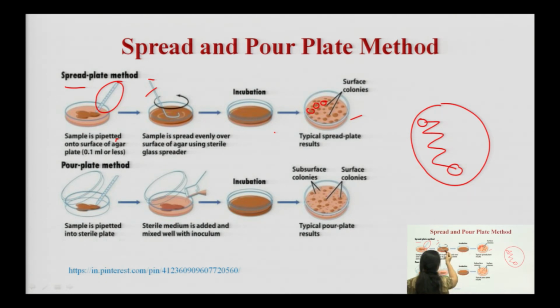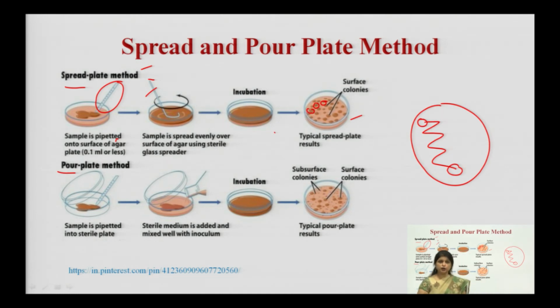Similarly, this is the spread plate; we have covered the streaking technique. Second, I told you about the spread plate technique. Next comes the pour plate. Now, what is the difference between spread plate, streak plate, and pour plate? In streak plate we do the streaking for isolation, in spread plate we spread the culture, and in pour plate